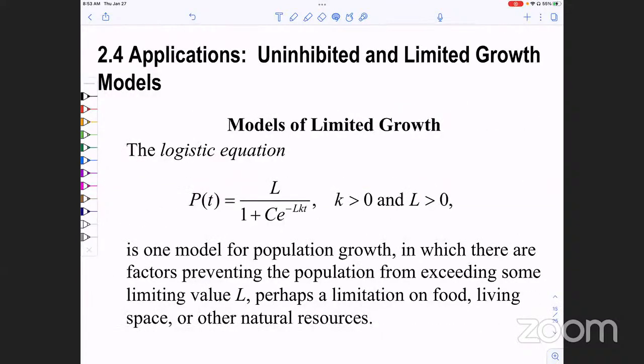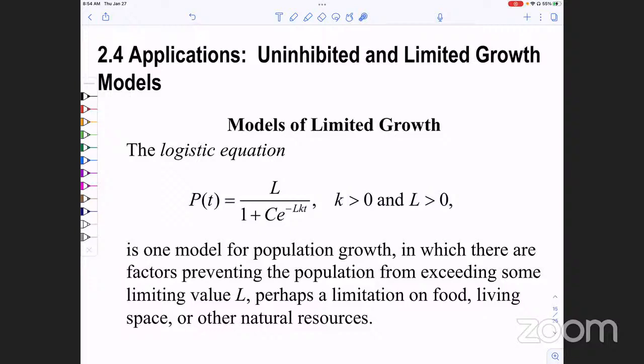Okay. Unrestrained or unrestricted exponential growth models. Basically, these were models where the population was growing unrestricted. It didn't balance or level out as time progressed, right? So then a more realistic model is models of limited growth. The logistic growth equation that you see given here